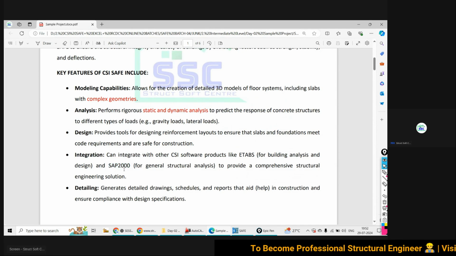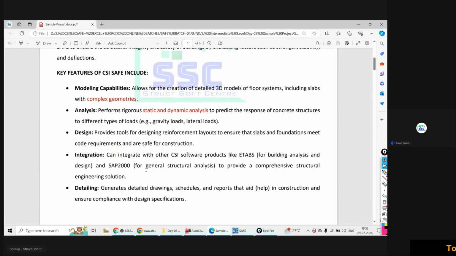So you can connect this software with ETABS, SAP, or other similar software.